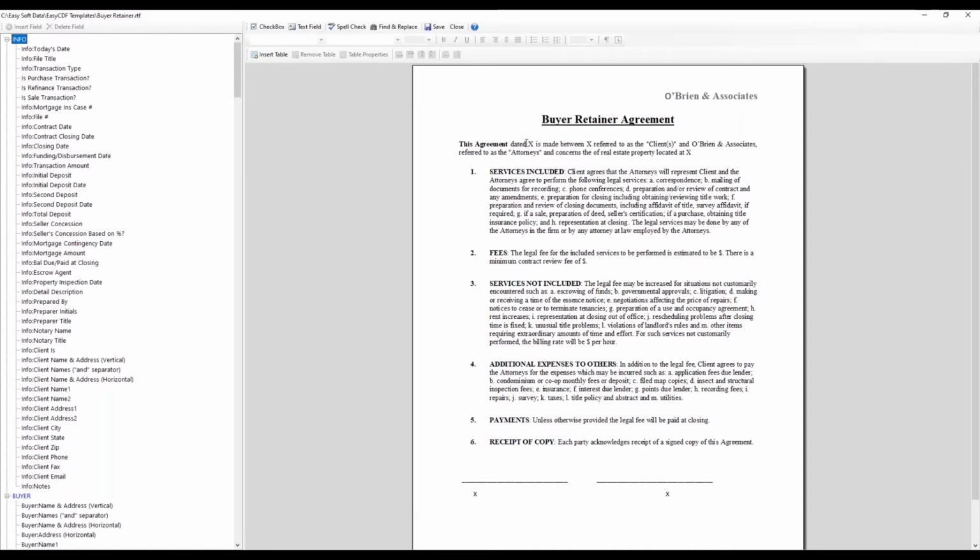So this agreement dated, and this is going to be today's date. So I'm going to click today's date. Remember to highlight that. I'm actually going to put my cursor in here, and I'm going to insert the field. Okay, this agreement dated today's date